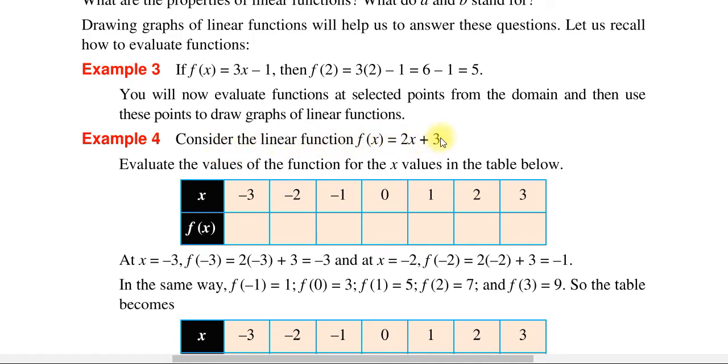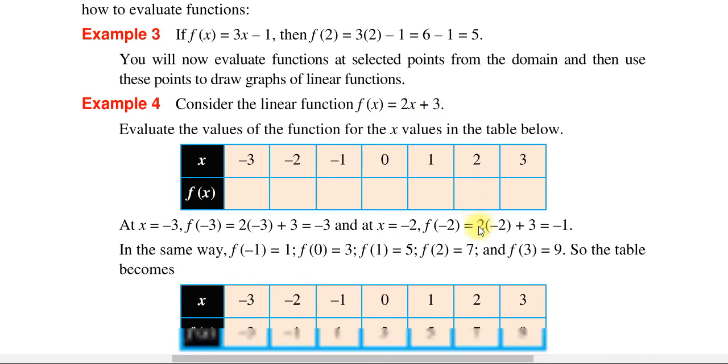Okay another example consider the linear function f of x equal to 2x plus 3 ይሁን evaluate the value of the function for the x value is in the table below. አሁን የx ቫልዩዎች እዚህ ላይ ቢሰጡ ለምሳሌ x ማን ተሰጥቷል -3 -2 -1 0 1 2 3 ተሰጠን then f of x እንፈልጉ ከዛ -3 እዚህ ላይ በመተካት -2ን እዚህ ፋንክሽን ላይ በመተካት 0ን 1ን 2ን 3ን እዚህ ፋንክሽን ላይ በመተካት